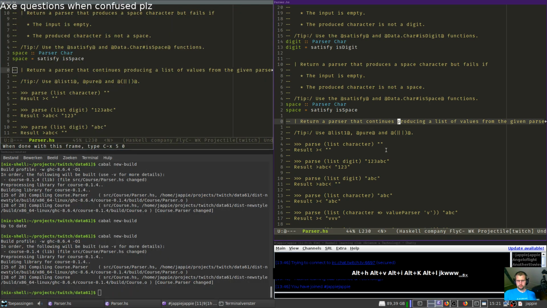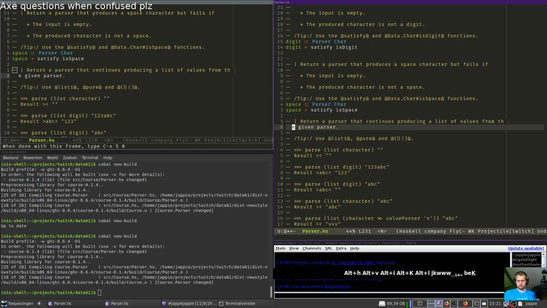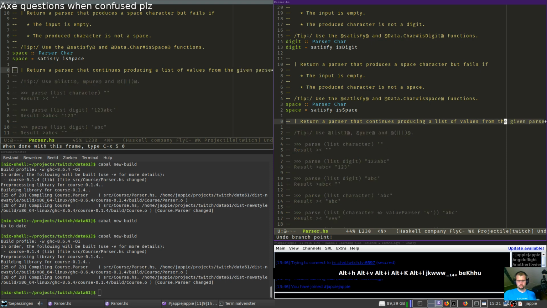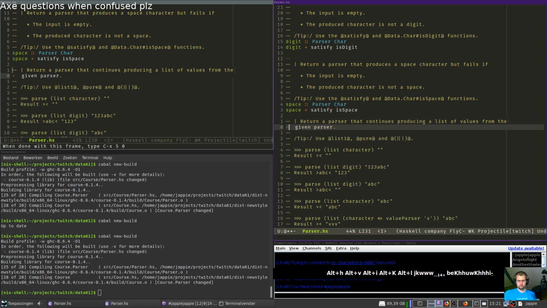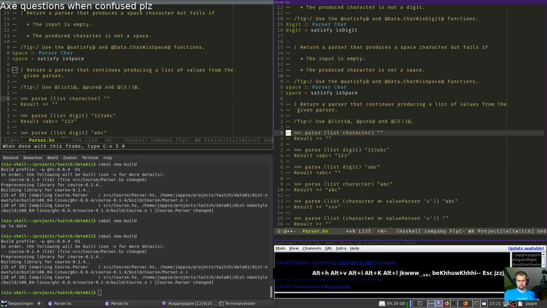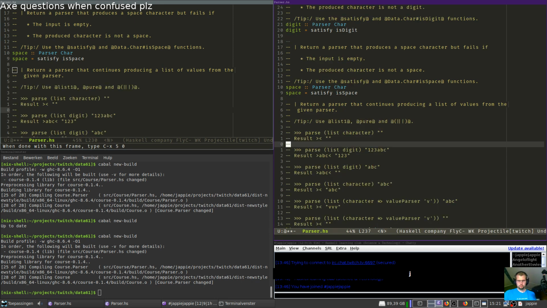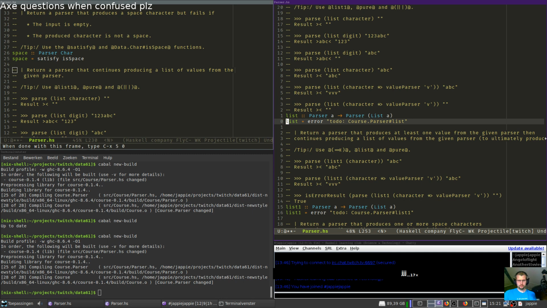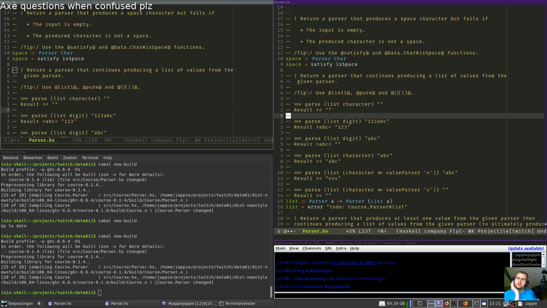In the parser, they're producing a list of values from the given parser. It's just a reverse then. No. What? Parse list character.